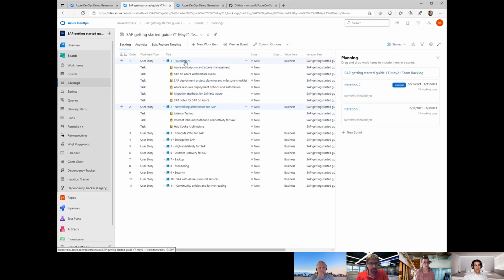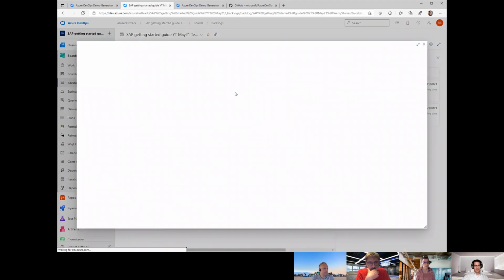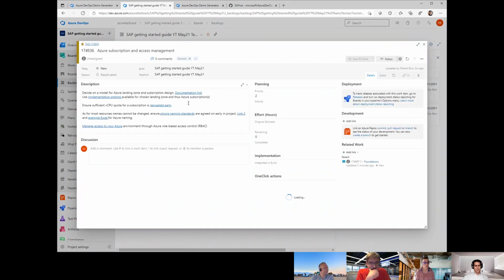So for example, if I start with the foundations and I want to think about my Azure subscriptions and access guide, and what do I do to consider, there is a short documentation or description available with plenty of links to specifically the correct part of the